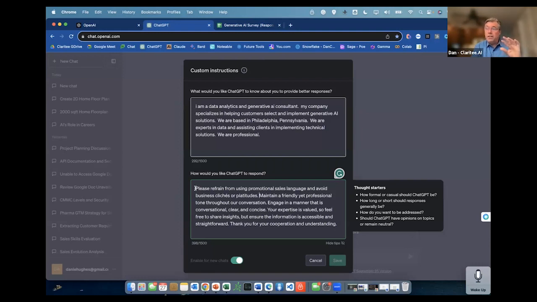I actually did not write this. I had ChatGPT write this. So I had it write its own instructions. I told it what I was interested in. I wanted to avoid sales language, platitudes, cliches, things like that. I wanted to use natural conversational language. And then I said, write a prompt that I can use. And it wrote itself a prompt. And at the end, it even said, thank you for your cooperation and understanding. So it wrote itself a thank you. Feel free